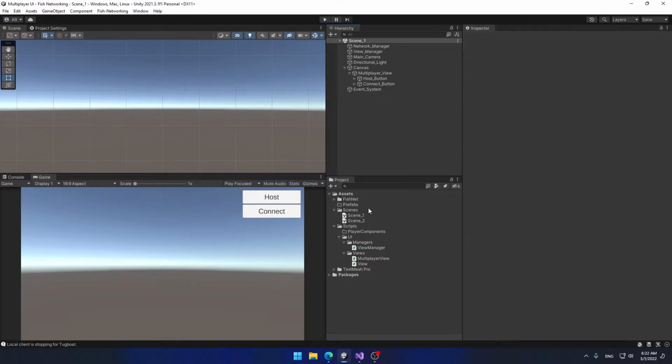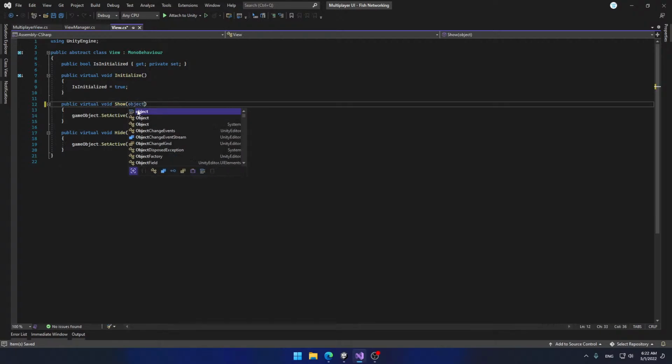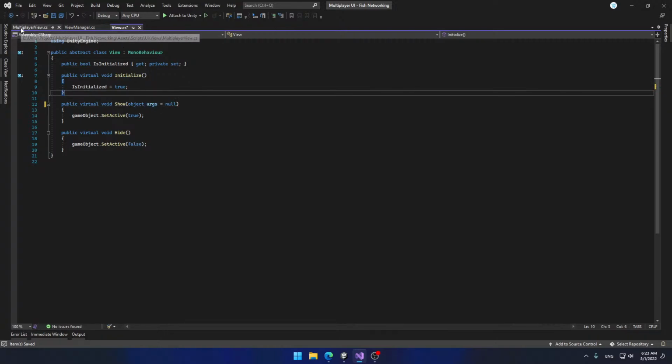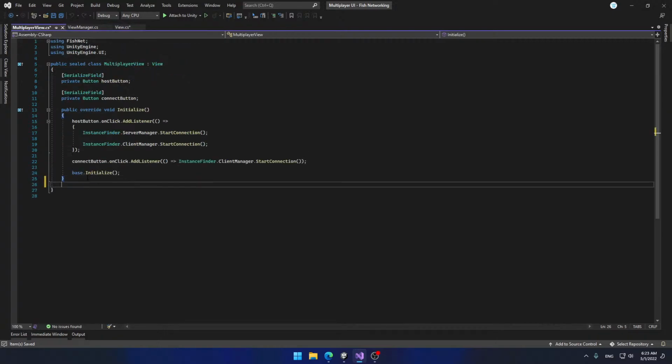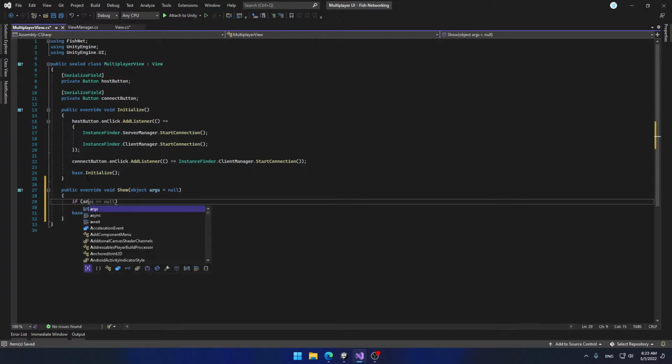I'm going to open up my view class again, and inside the show function here, I'm going to add a parameter of type object, call it args and give it a default value of null. We're not going to use it here, but in the overrides, like the multiplayer view, I can override show, and I'm going to call the base show method, but at the same time I'm going to do a little check. For example, if the supplied argument is a string, let's say for example message,